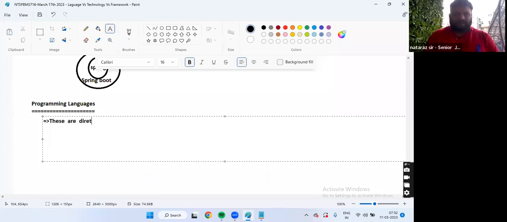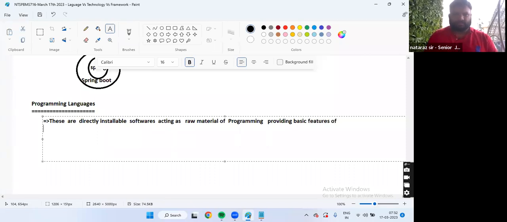These are directly installable softwares, acting as raw materials of programming, providing basic features of software application development.